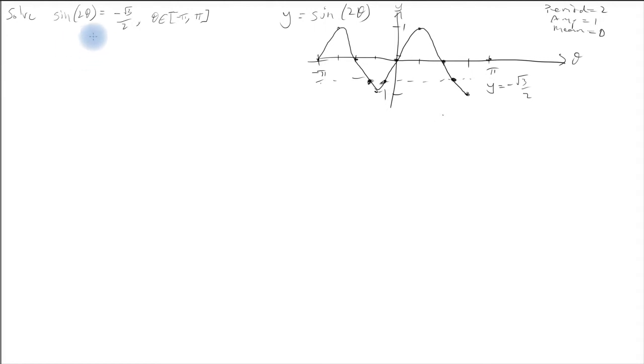So let's find our first sort of solution, if you like. So let's find what 2 theta could be. First what I'm going to do is take the inverse sine of both sides. So I'm going to do the inverse sine of negative root 3 on 2. Now, I could use a calculator to do that, but I know from my perfect triangle